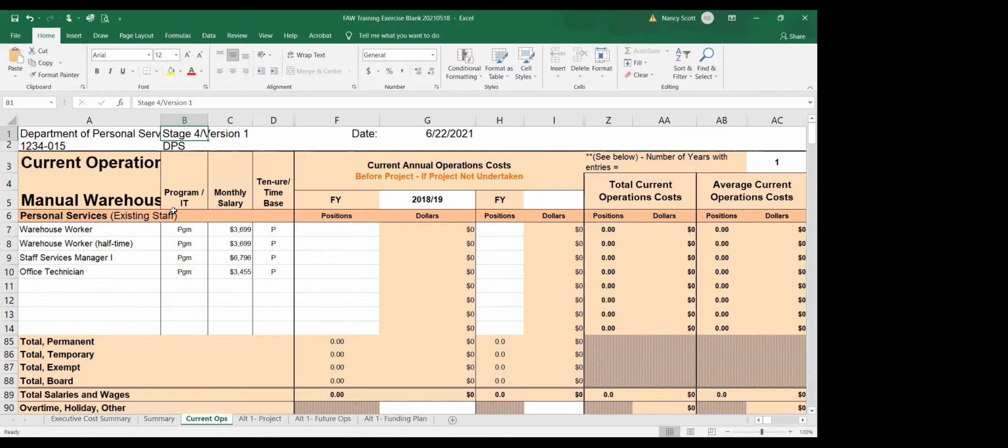Now for current ops, this was probably an example where you might not change it, because you wouldn't necessarily be changing current ops, but you could still change that version to help you know the timing of this particular FAW.